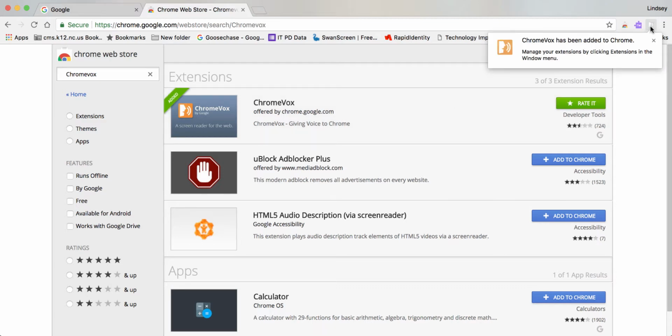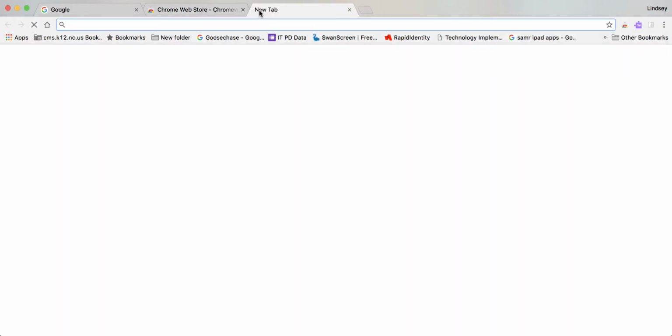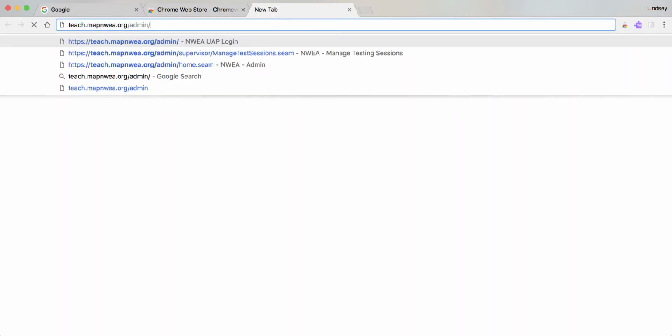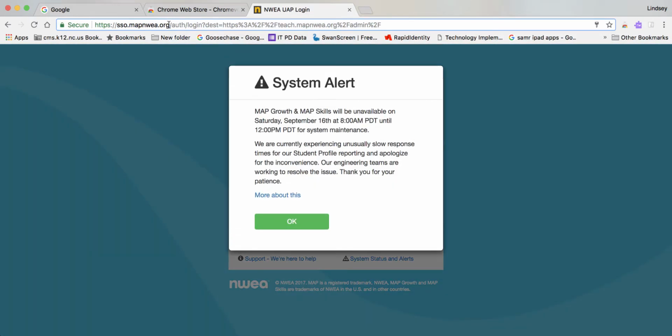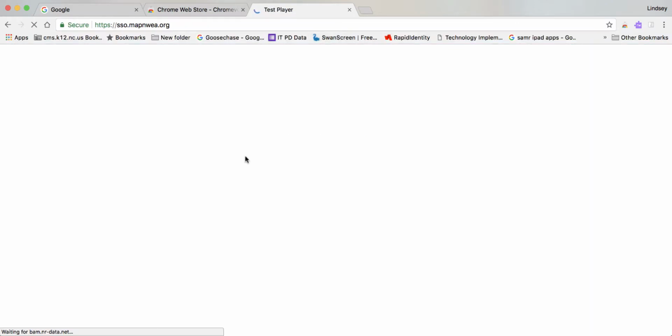and you can see ChromeVox is ready. It's reading, and the little icon populated up here. So if I have a student that had to use it for MAP testing, they are literally going to tab, go to teach.mapnwea.org login. And you can see that it's actually starting to read aloud everything that's on my screen